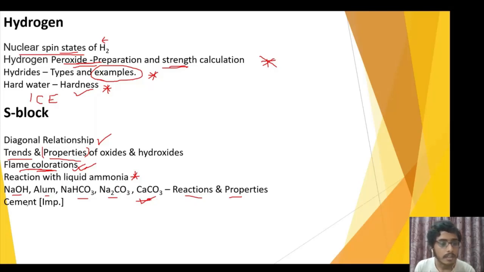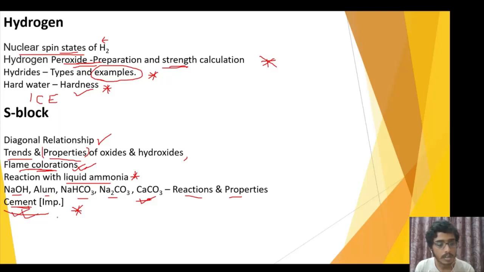Okay. And finally we come to cement, which is very important. You must know this. Questions are repeatedly coming from here. This is a very important one. So from the S block, you must be aware of diagonal relationship, the trends and properties of oxides, hydroxides, maybe even chlorides. Okay, the flame coloration, as I've said, the liquid ammonia reaction, and some of these compounds, and cement is the